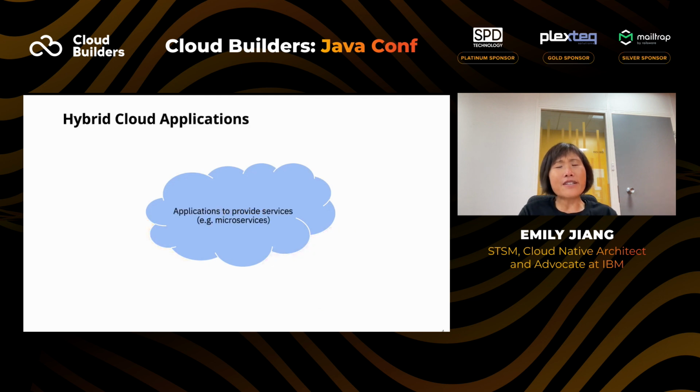So for the applications, basically it's about hybrid cloud applications. These applications can basically be uploaded to any cloud and also provide services. And microservices is one example that survives well in a hybrid cloud. However, you also want to make sure you don't get vendor lock-in, so you don't get locked by any particular vendor. So that's why this talk emphasizes open standard and also open source.